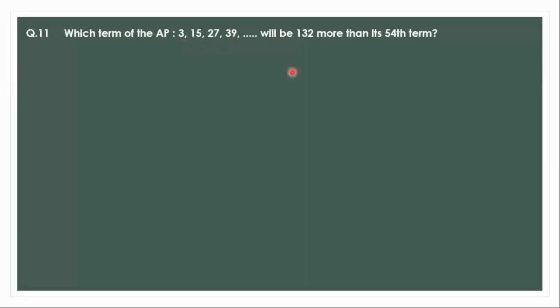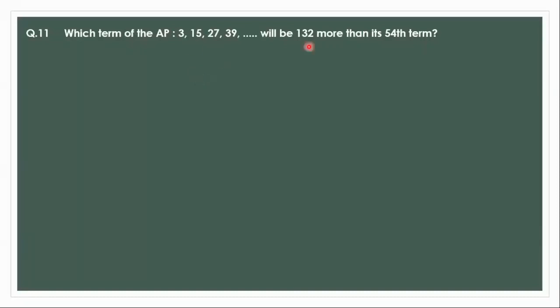Write down A54 equals A plus 53D. A plus 53D. Yes, ma'am. Tell me how much you're getting. A plus 53D. You know A value? 639. The same answer. Plus 3. Just 3 you add on, Muhammad. Ma'am, it is 639 only.